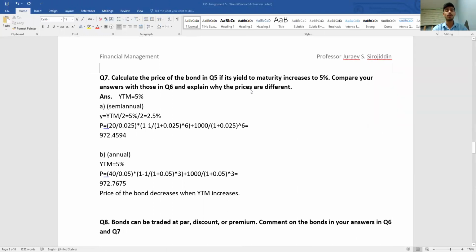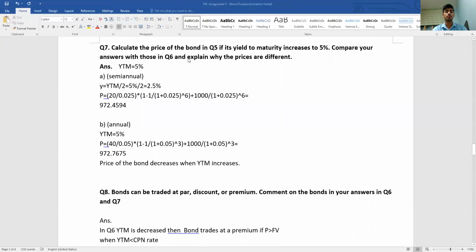Question number 7, calculate the price of the bond in question number 5 if yield to maturity increased to 5%. Compare your answer with those in question number 6 and explain why the prices are different. Yield to maturity is 5%, semi-annually 5 divided by 2 is 2.5%. P is equal to 20 divided by 0.025 times 1 minus 1 divided by 1 plus 0.025, power is 6 because semi-annual,